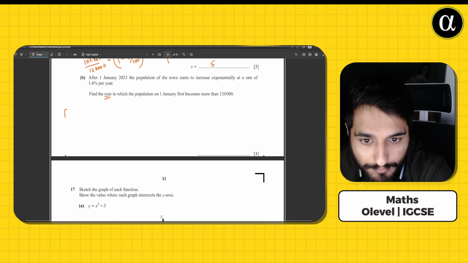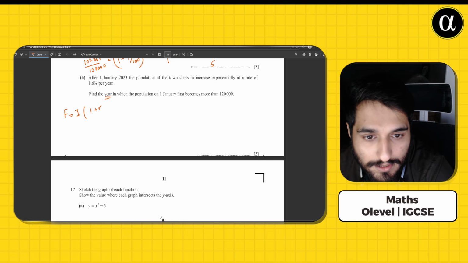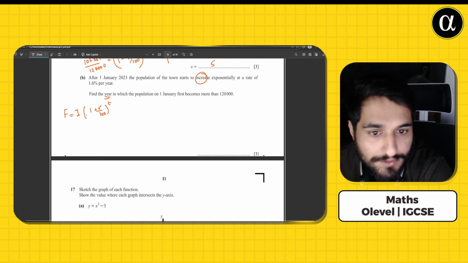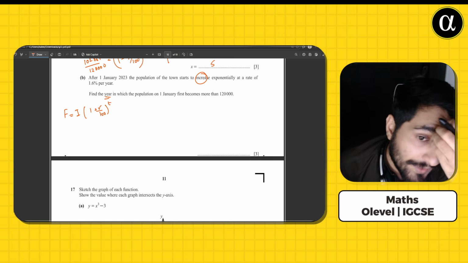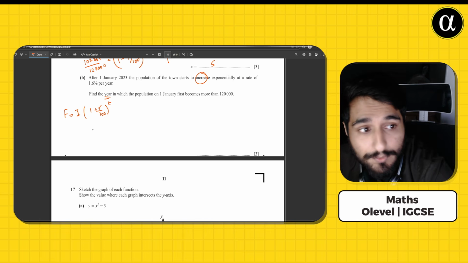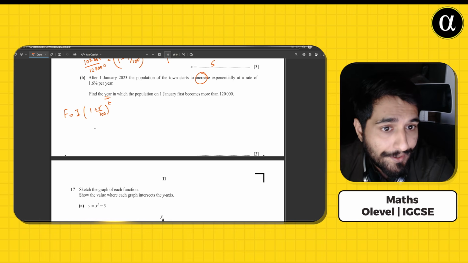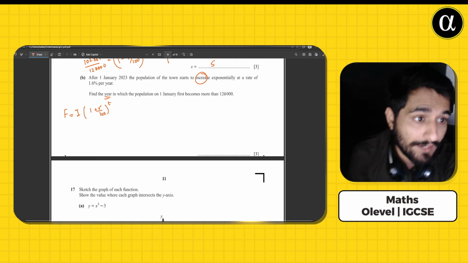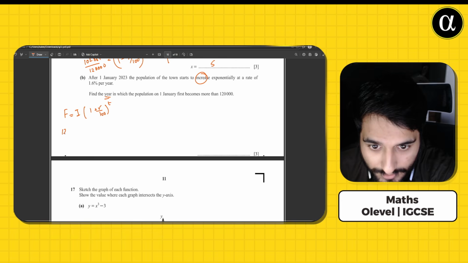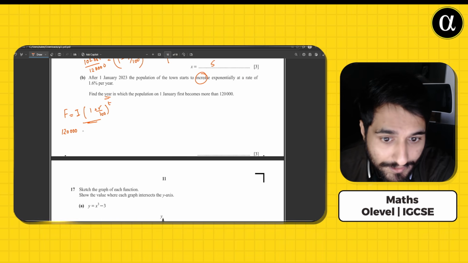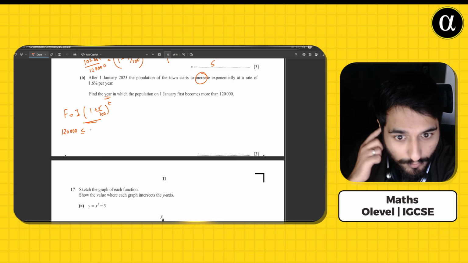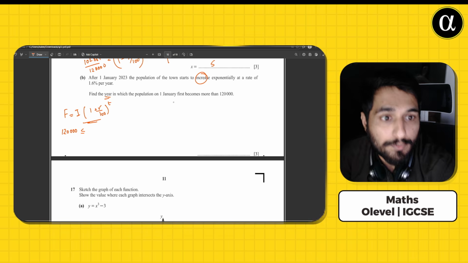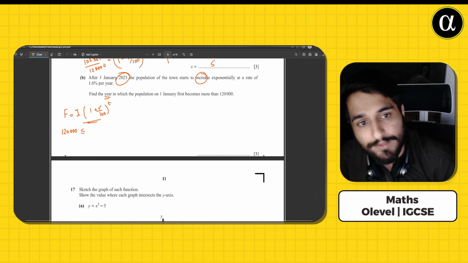So the formula is going to be the same. F is equal to I bracket 1 plus R over 100 to the power T. Now this time it increases exponentially, hence it's going to be a positive sign instead of a negative sign, and then we know the future value has to be greater than 120. So 120 is the future value, and this amount should be greater than 120. So we include a sign of inequality, and then the starting value was the population on 1st January 2023,